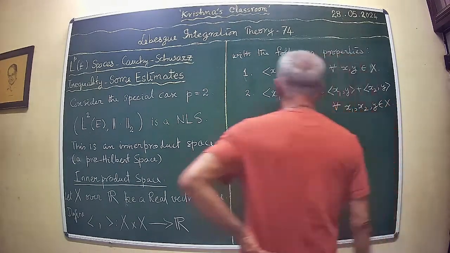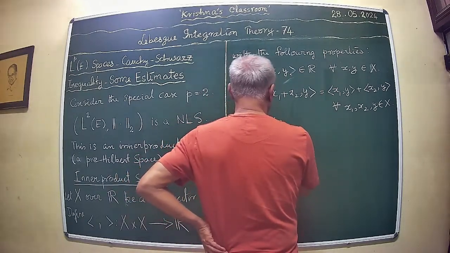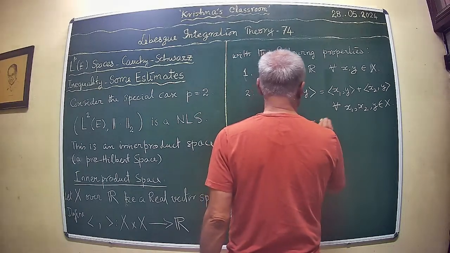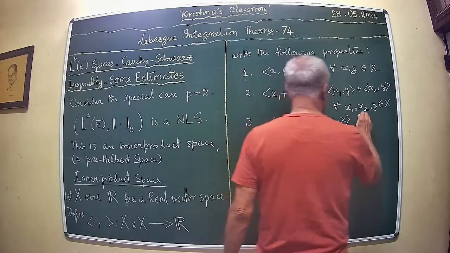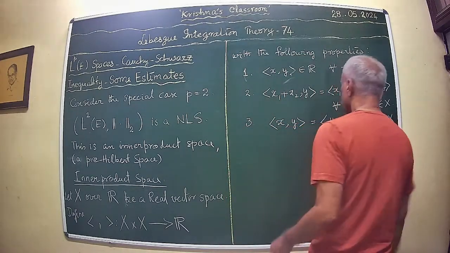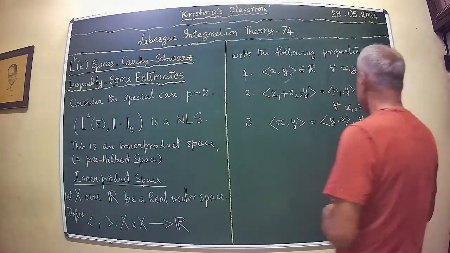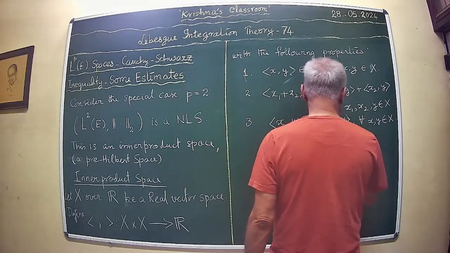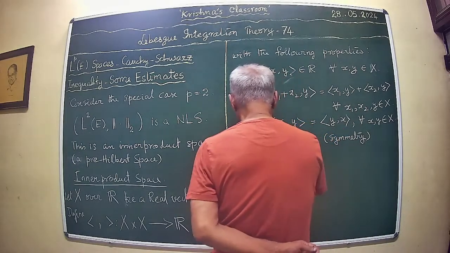Third one, symmetry. That is the symmetry. This is what is called symmetry. Now we'll have the fourth property, namely